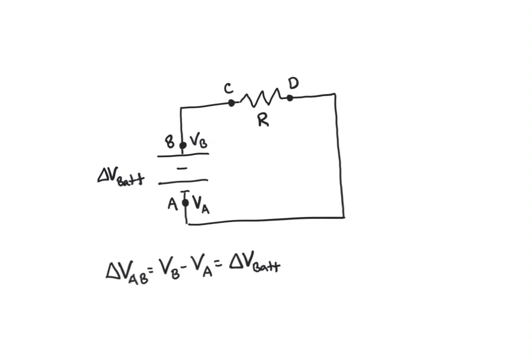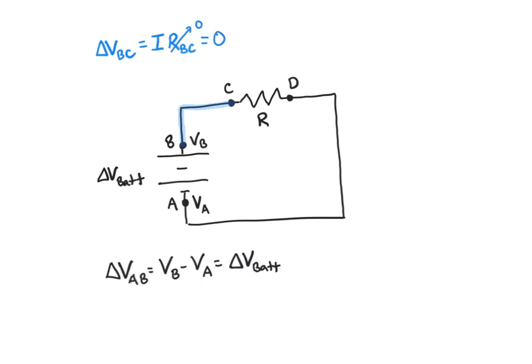What is the potential difference between points B and C? To figure that out, we can use Ohm's law. The potential difference is equal to the current through that part of the circuit times the resistance of that part of the circuit. But there's no resistor between points B and C, which means there's no resistance between points B and C, because again, we're going to operate under the not quite accurate but good approximation that there is no resistance of bare wire. And so if R is 0,